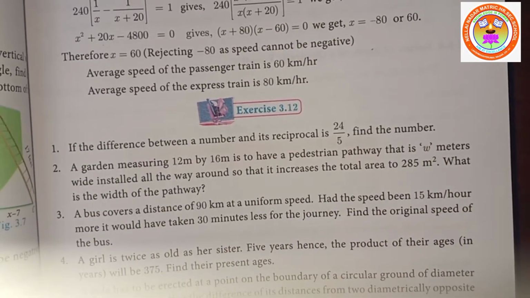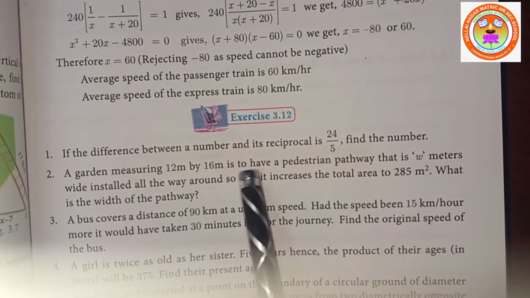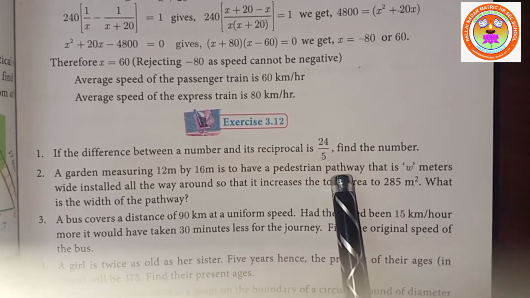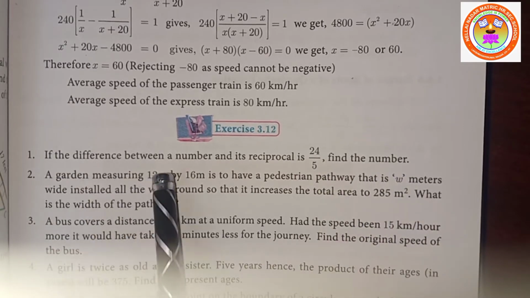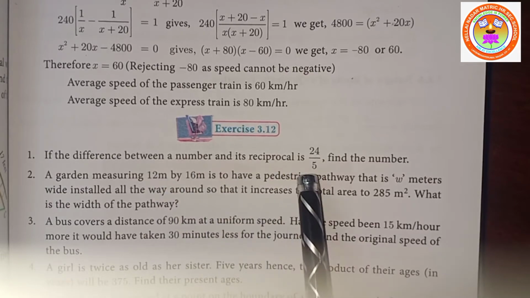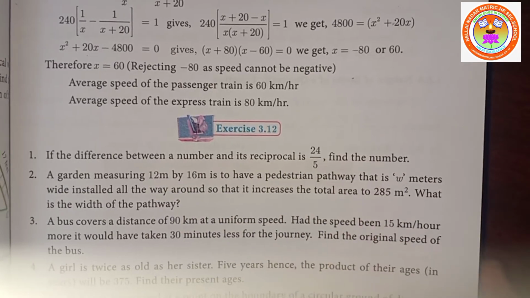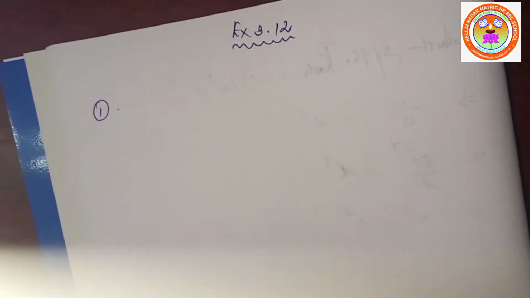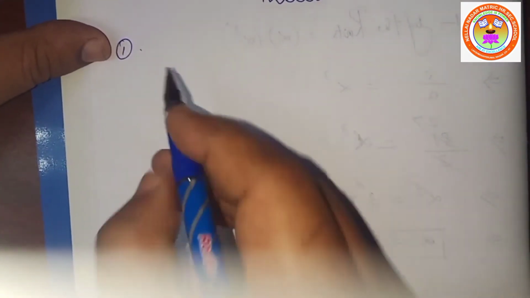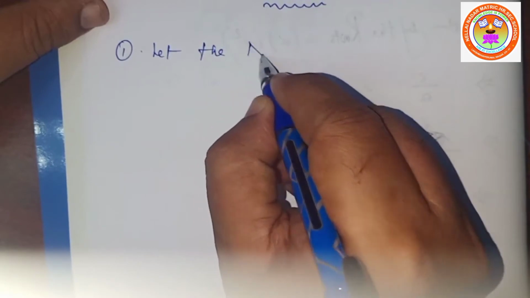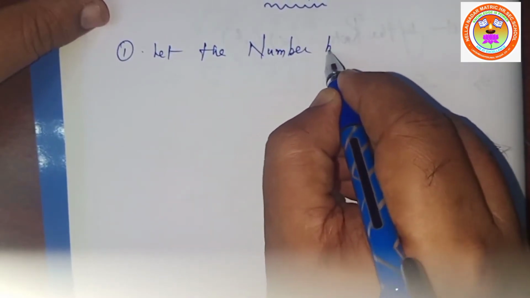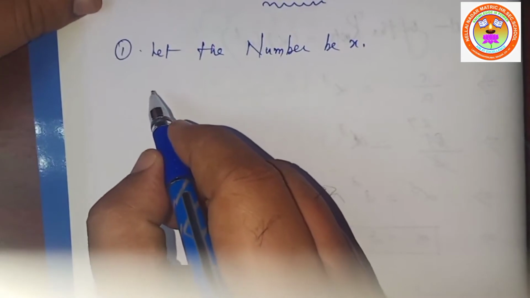Problem number 1. If the difference between a number and its reciprocal is 24 by 5, find the number. You are asked to find out a number. Let the number be x. By data,